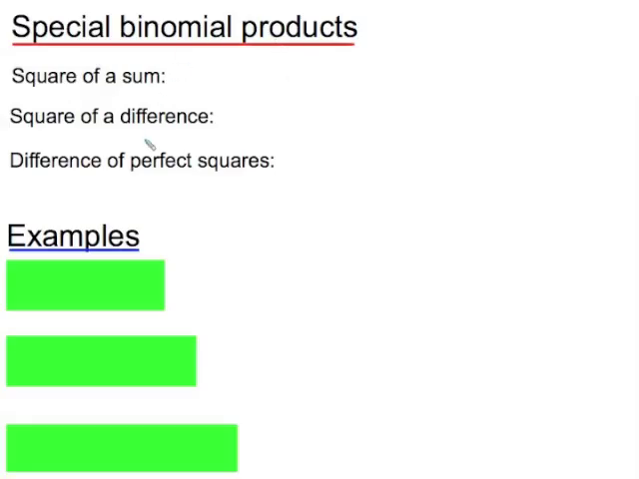I'm going to conclude this lesson with some special binomial products: the square of a sum, the square of a difference, and the difference of perfect squares. So the square of a sum means that we have two terms added together to make a sum, and then this sum is squared. Now remember, squaring is multiplying by itself, so we can write this out as a pair